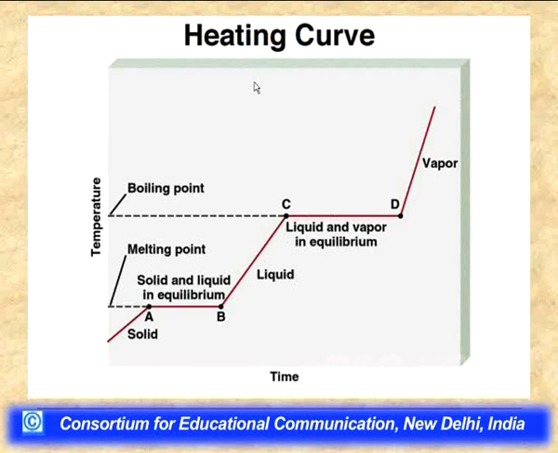In order to understand how the molar enthalpy of a substance varies, let us first of all consider the heating curve. Suppose in a test tube we have a solid substance, any pure crystalline solid substance, for example benzoic acid, and we try to heat it in a sand bath. Then what will happen?